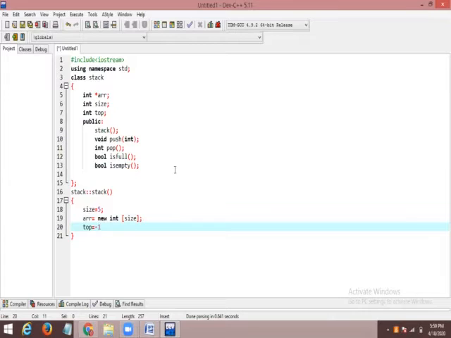Before pushing an element, before an element is entered, the stack is empty. It means there is nothing, -1. That is the reason I took -1 here. Okay, I hope you understood. And next, again I am taking void stack.